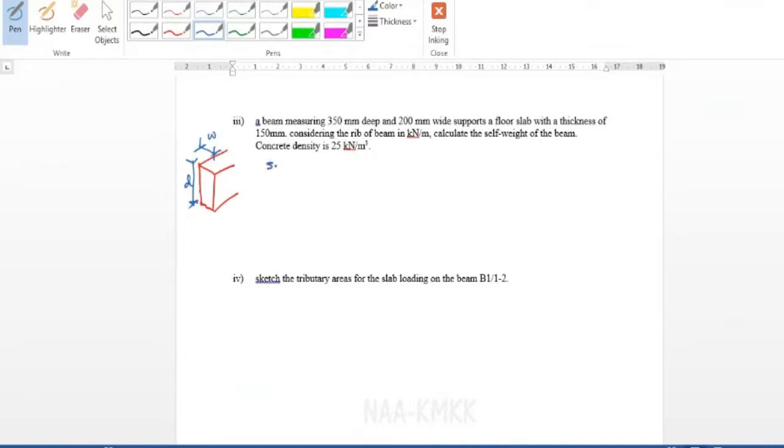Please remember guys, self weight of a structure equals the area of cross section times density. The area of cross section here is width times depth. So the self weight of the beam equals